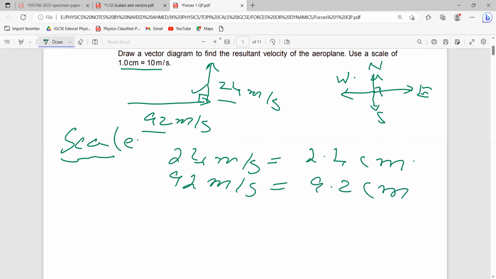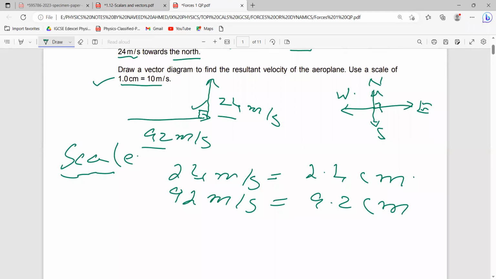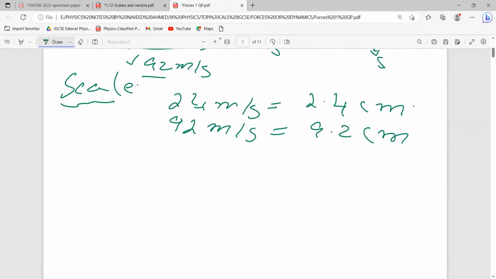बिकॉज 1 सेंटीमीटर इक्वल टू 10 मीटर पर सेकेंड था, तो इसलिए हमने 24 को 10 से डिवाइड किया और 92 को 10 से डिवाइड किया। तो ये हमारे पास लाइन आ गई। और ये भी देख लें कि 9.2 जो लाइन है वो हॉरिजॉन्टल लाइन है और जो 2.4 लाइन है वो वर्टिकल लाइन है। सो फर्स्ट ऑफ ऑल यू विल टेक अ स्केल।